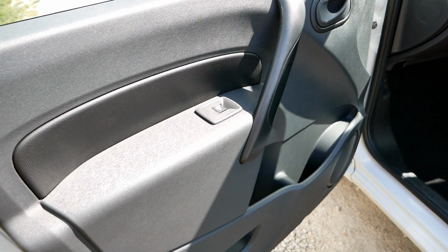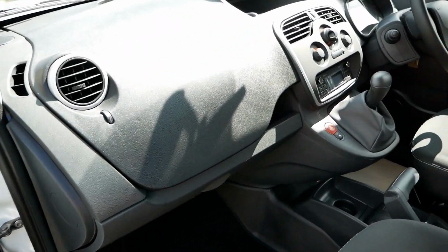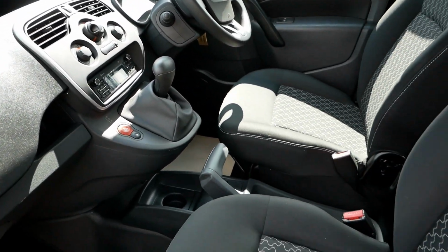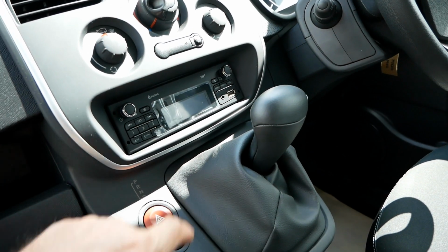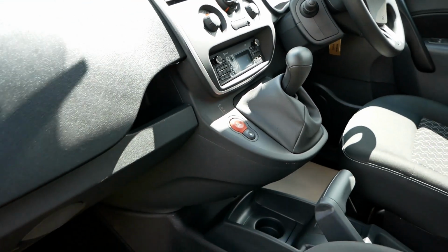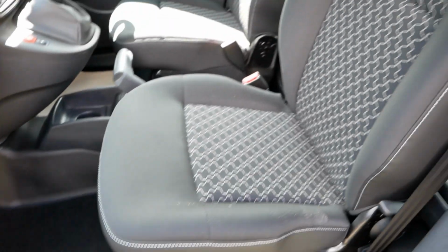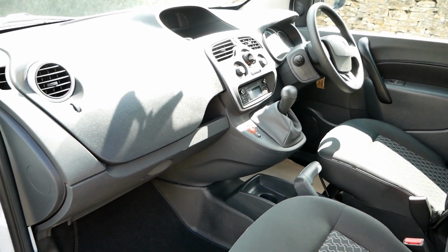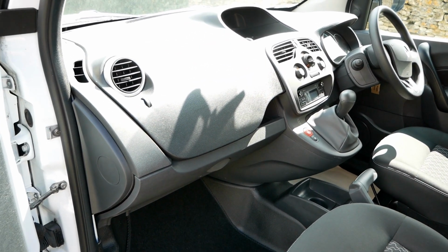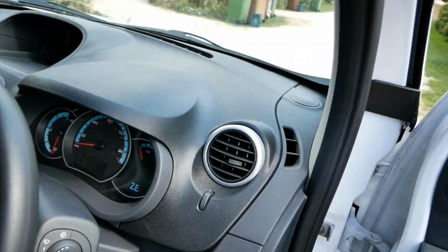And then just for completeness, I'll show you round on the passenger side. There's no marks on the dash. Actually, we've even still got the plastic film on the front of the stereo screen as well. New carpet mats, and yeah, really, really amazing condition for a second-hand Kangoo. And then let's just jump in